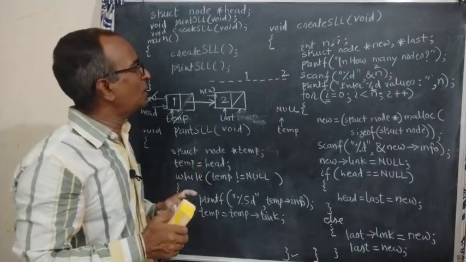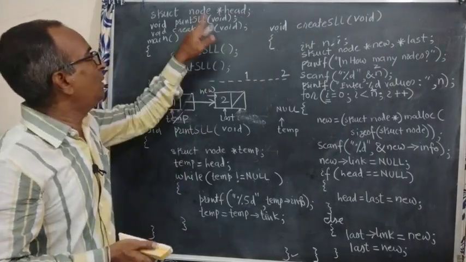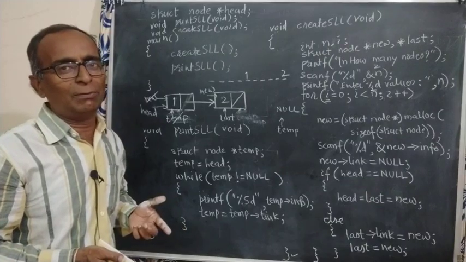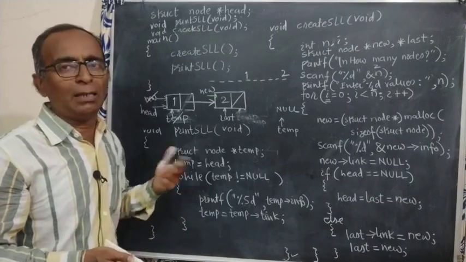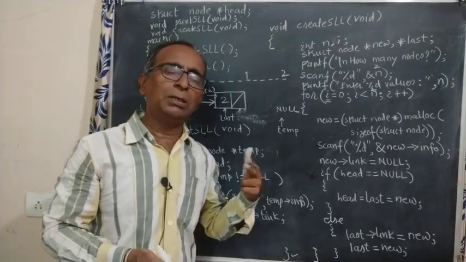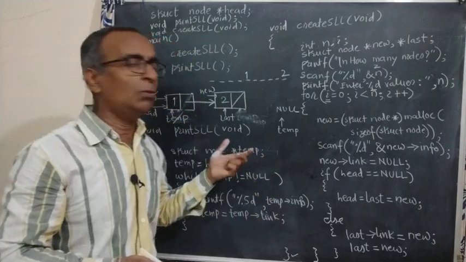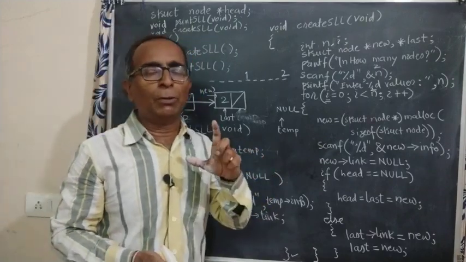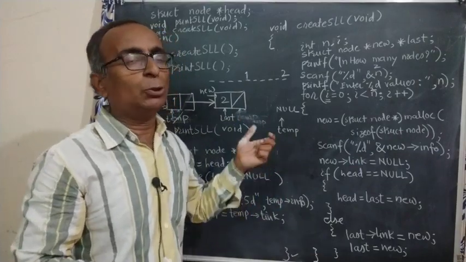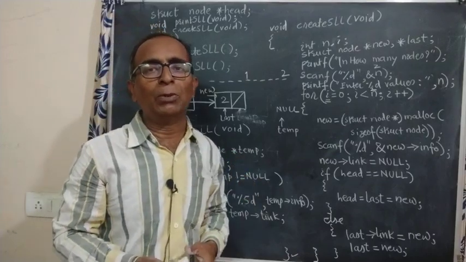So this way, just try it out with local variables also. If head is local, what do we have to do? That will be a different thing. I'll take that up with other functions. Whenever we do, suppose insertion in order, I want to check. What I'll do is write a program for insertion in order in the existing linked list, and I'll show how to use a local variable in that particular program.